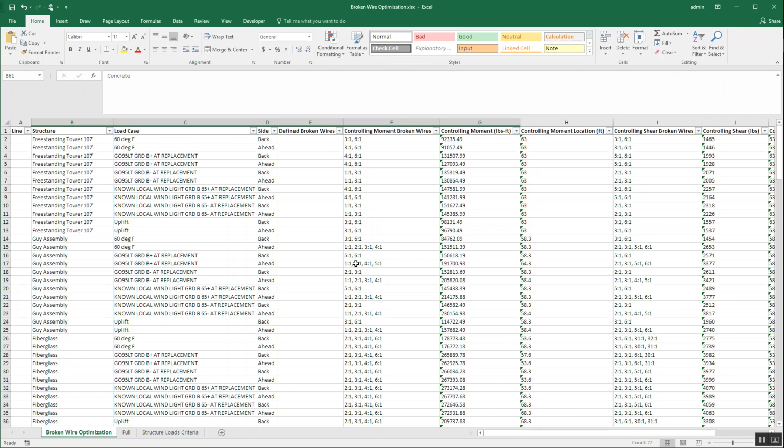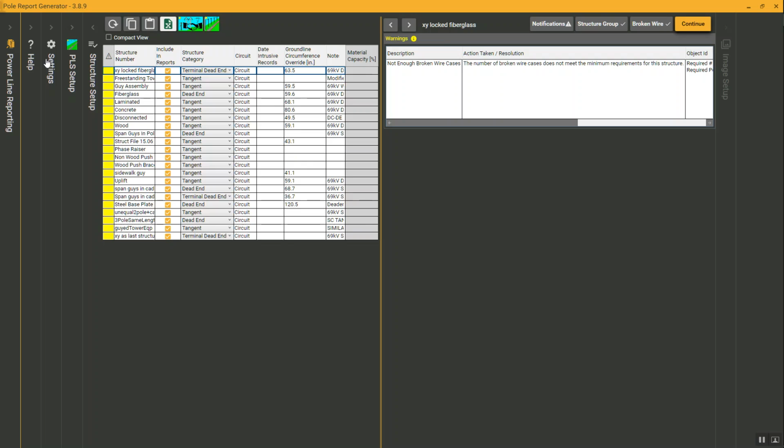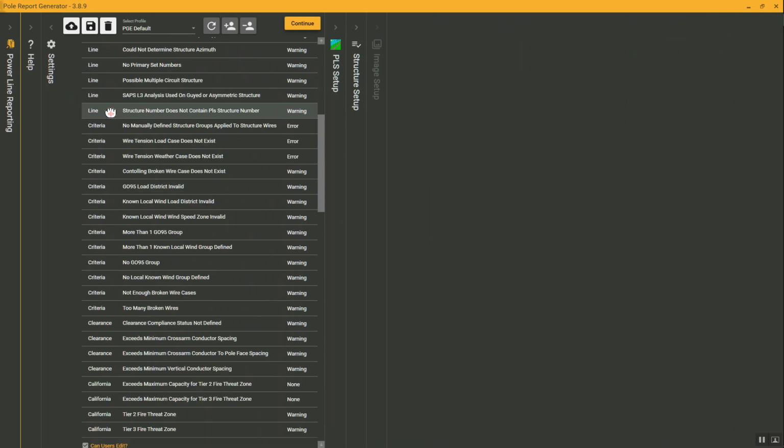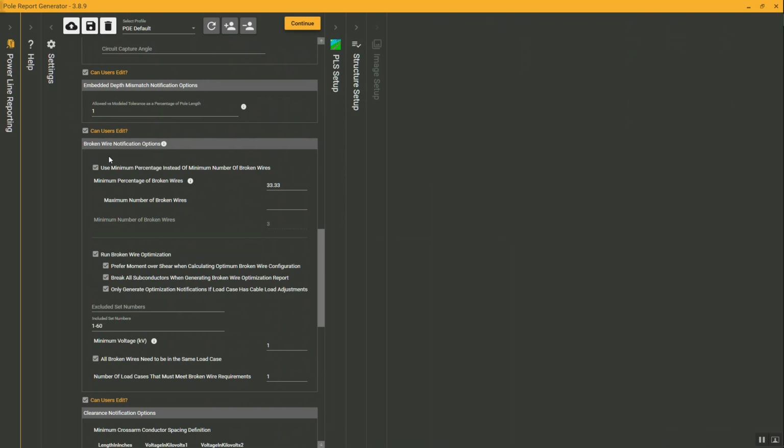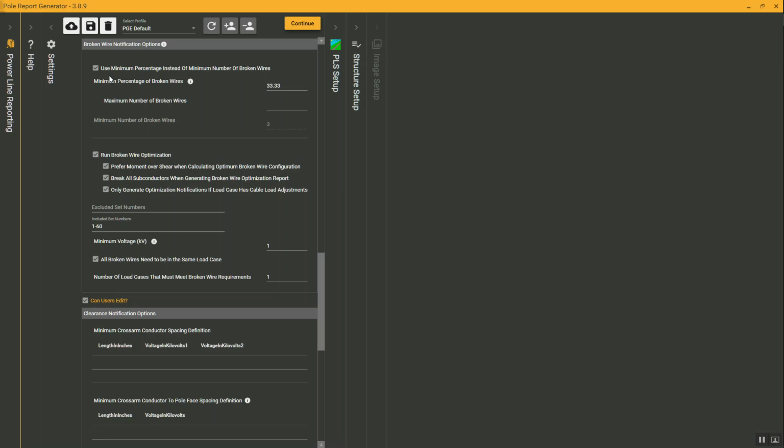Well, if we take a look in the settings under notifications, broken wire notification options, we have at the top two types of broken wire conditions. The first is to define a percentage of broken wires. So you can say, I want to break 1/3 of the wires on the structure in the back or the headspans, and PRG will